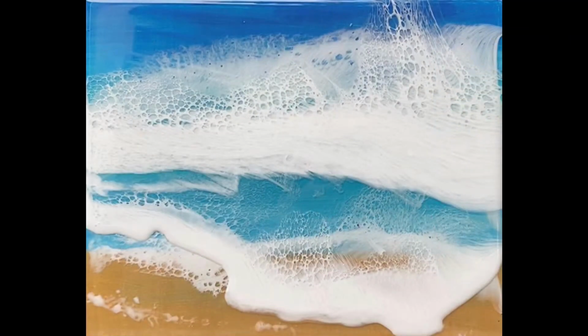This water piece is interesting in the fact that I love the spray coming off the waves. There is no spray. I, again, work on my recipes. This is mostly resin art. I rarely use brushes. In this particular piece, I work with brushes for background. I also have my techniques where I use fluid art for background. In this particular art piece, I use brushes for background. And then I worked with resin, applying pigments and paint directly into resin, and continue directing to get all this lacy wave